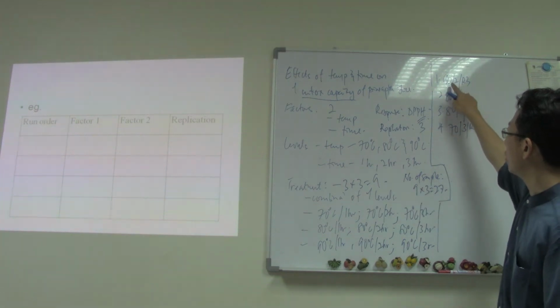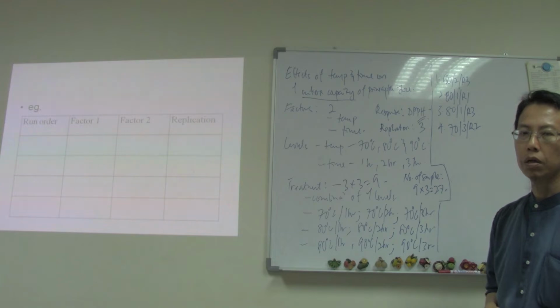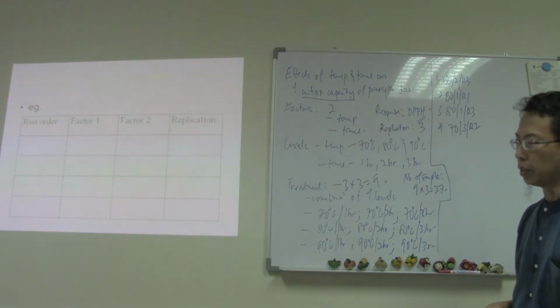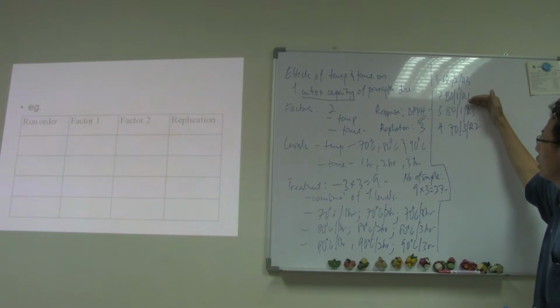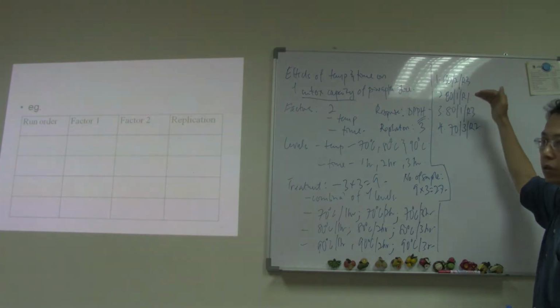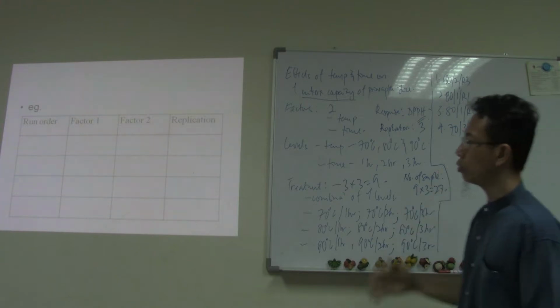90 degrees C for 2 hours, and replicate 3. And then the second one, after I've done with this one, you need to do 80 degrees C 1 hour for rep 1, and so on and so forth. So the way that you can